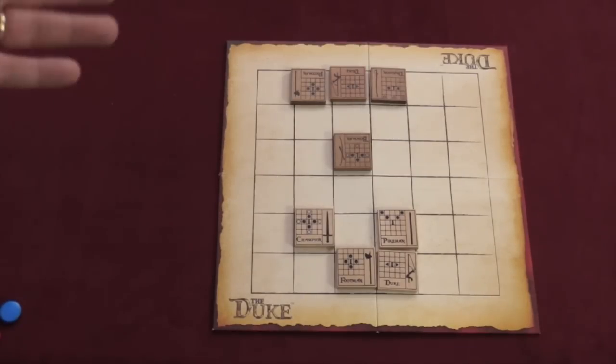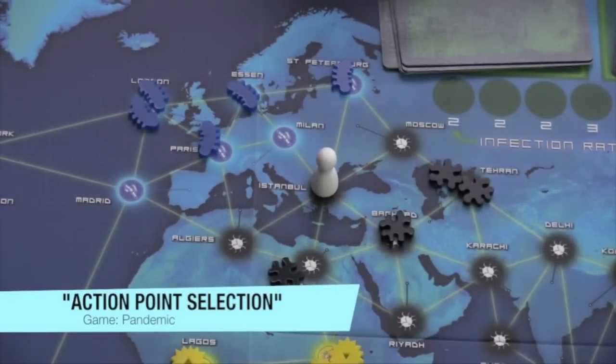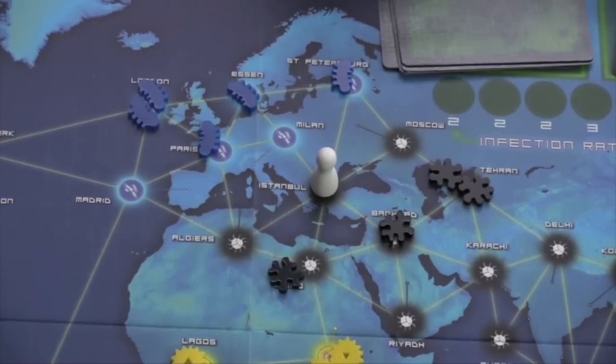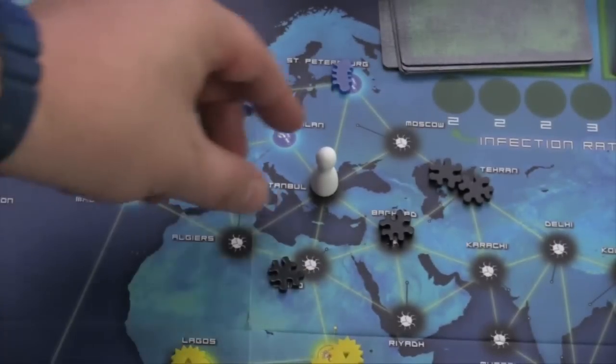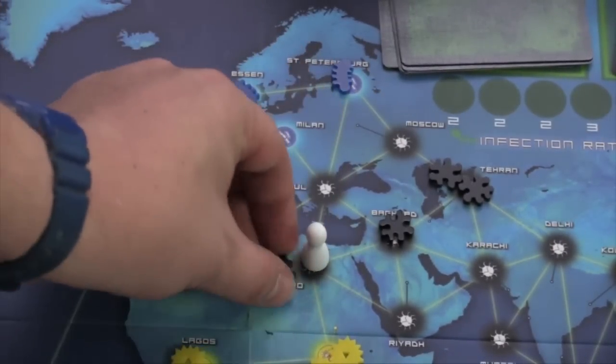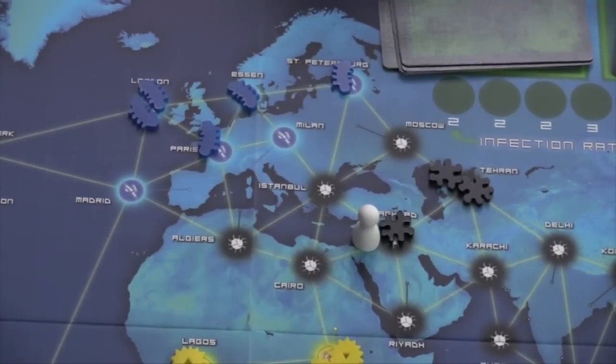In most games, you can do one thing on your turn. You roll the dice, or you move your pieces, etc. In a game with action points, or action point allowance, you have a certain number of actions that you can use that turn. For example, in this game, you have 4 actions usually that you can spend. In fact, this game gives you a little card that shows you the different actions that you can take on your turn. So I might spend 1 action to go here, another action to remove that virus, a 3rd action to go here, maybe another action to play a card.